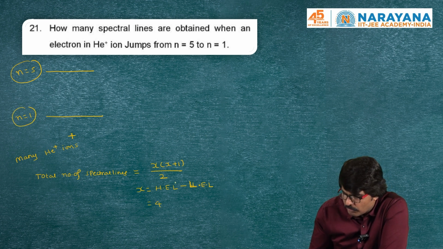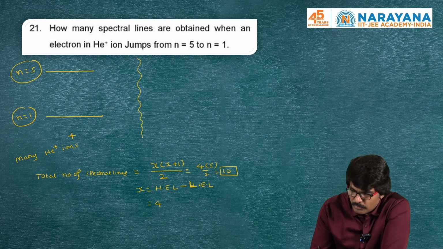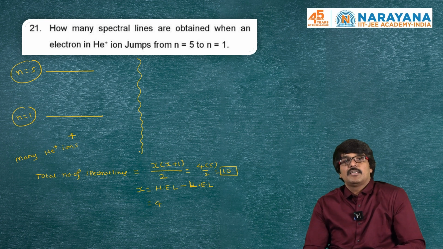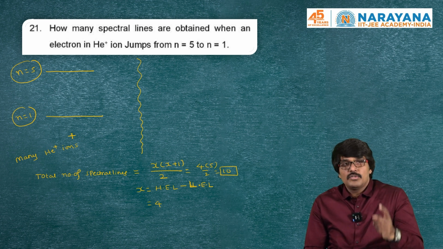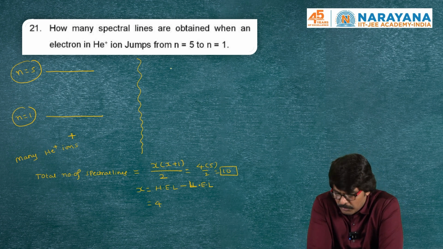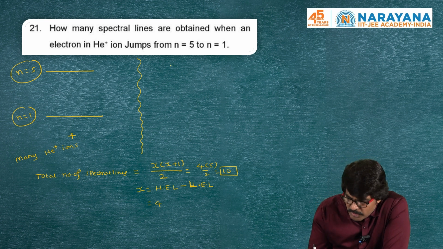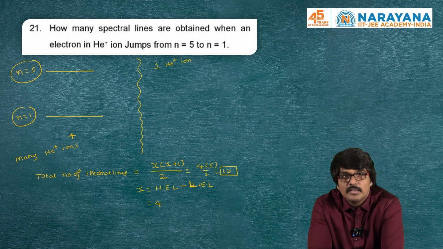Therefore, x is equal to 4. So here that is 4 into 5 by 2, so you will be getting 10 spectral lines. In what situation? If you take many He+ ions. If there is only one He+ ion, one He+ ion cannot produce 10 spectral lines. That is impossible. Practically, taking one He+ ion is not possible